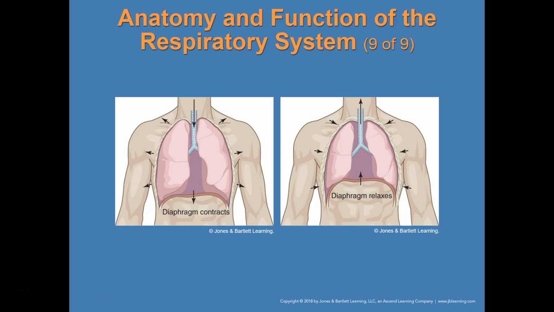So here we're going to see that in a picture. The diaphragm contracts, flattens out, goes down, and the chest cavity gets bigger to allow those lungs to inflate. Then when we breathe out, everything's going to relax, the diaphragm becomes dome shaped again, and that chest cavity is going to come back in. Some things to consider